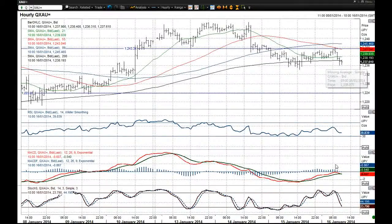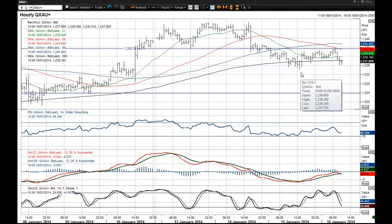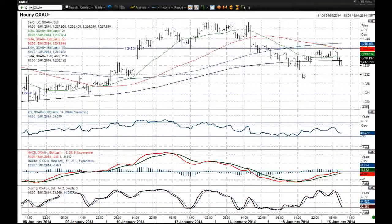You've got these momentum indicators. That MACD is in bearish configuration. You've got the stochastics, which are corrective now, and also the RSI, which certainly has more downside potential on this hourly chart. And I think I'd be looking at using any sort of recovery today as a chance to sell,